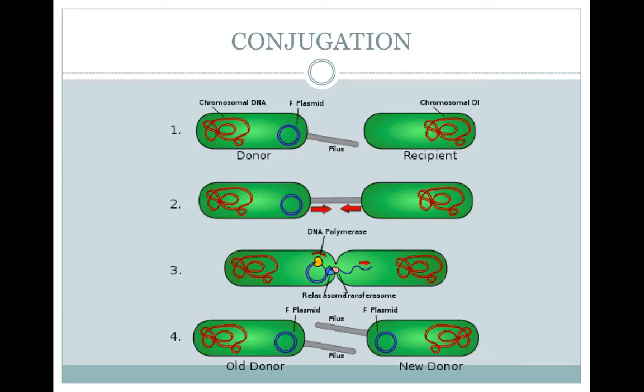Conjugation is bacteria sex. 2 bacteria come together and exchange DNA. The cell that forms the pilus, which is an extension, is considered the male. That male cell donates DNA to the other cell, which is considered the female. The male cell forms the pilus, attaches it to the female, and pulls her towards it. A cytoplasm bridge forms between the two, and there is exchange of DNA, usually in the form of plasmids.